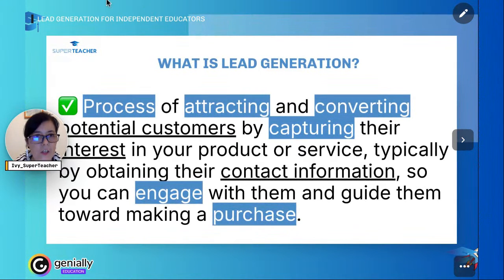So what is lead generation? I talk with a lot of teachers, be it in one-on-one meetings, in group meetings, in trainings, and so on. And a lot of us are still confused about what that actually means. Is that me sharing my contact with someone and they referring friends to me? Is that me emailing people and saying, hey, I have a free spot open? What is lead generation actually?